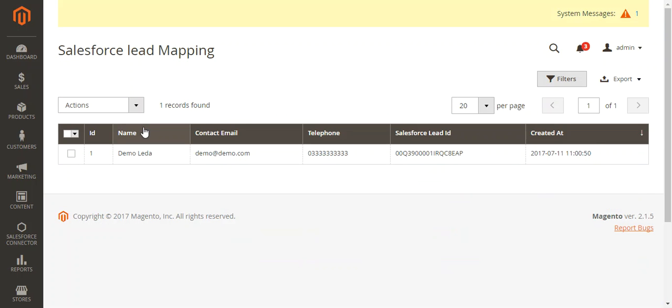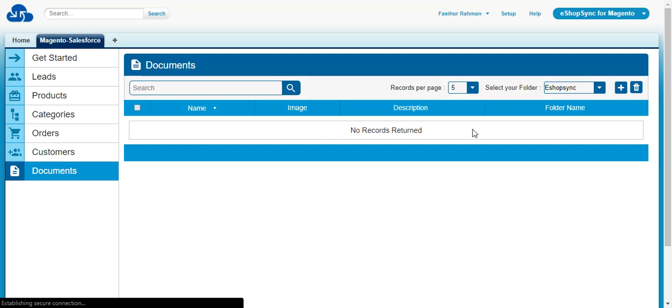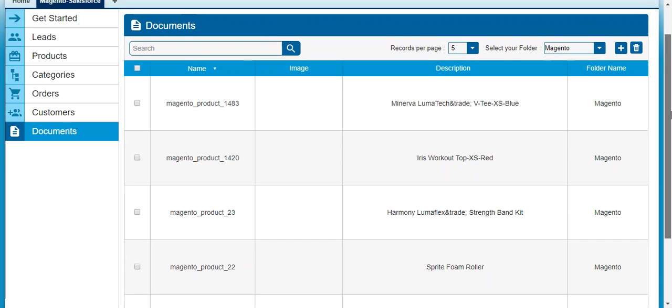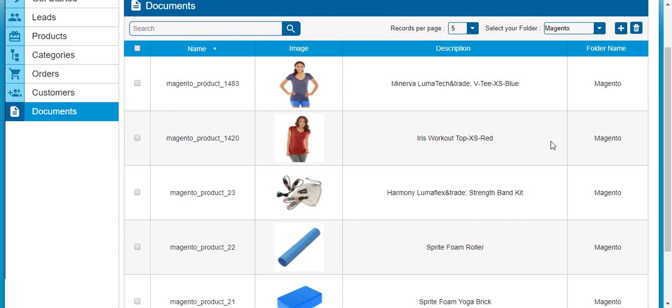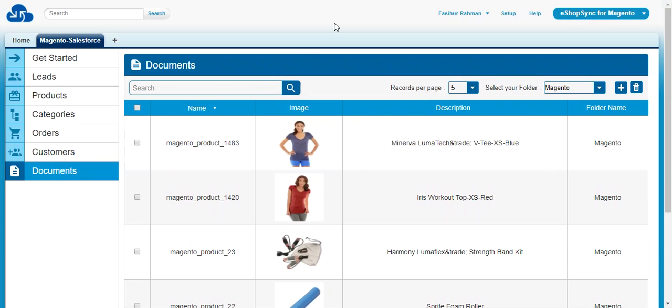So this is all about the synchronization of this connector between these platforms, and also whatever folder you have selected for your product and categories images has been stored accordingly. If you check for the Magento folder that you have selected in the settings to store the images, all the images will be stored over here in this folder. So this is all about the synchronization,